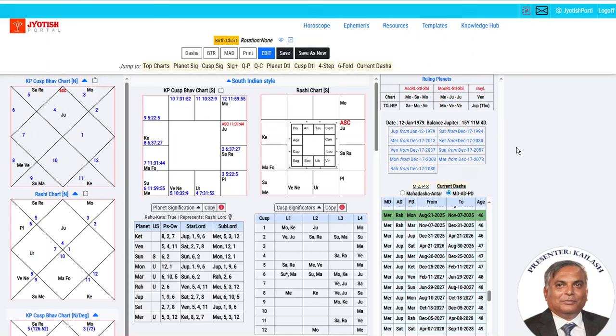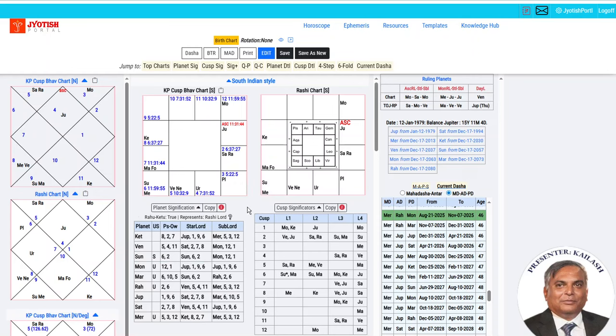Professor Krishnamurti, in his books and examples, has made use of the mean position. So personally, I make use of the mean position. So let me show you that when you set the Rahu Ketu as true or Rahu Ketu as mean, sometimes it can dramatically change the star lord and sub lord. This is something that you have to be careful about. In other videos also I pointed out that the Rahu Ketu true or the mean position can change the sublord, and in many cases it can even change the star lord.